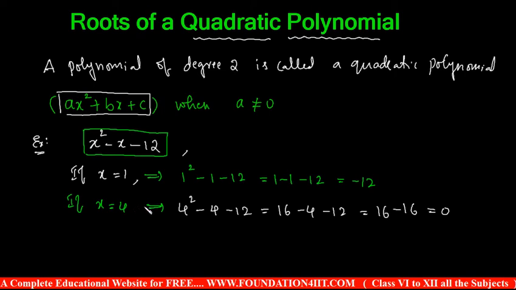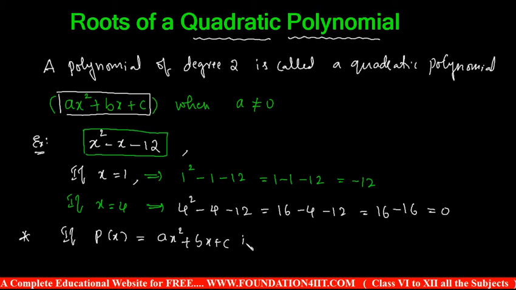Now if we come to the quadratic equation. Here is the general form, ax square plus bx plus c. If we make this value equal to 0, quadratic equation means it should have an equal symbol. So from the quadratic polynomial only we can make a quadratic equation. So if p of x is a quadratic polynomial, for example, if P of x is equal to ax square plus bx plus c.